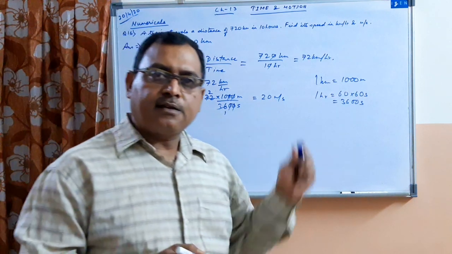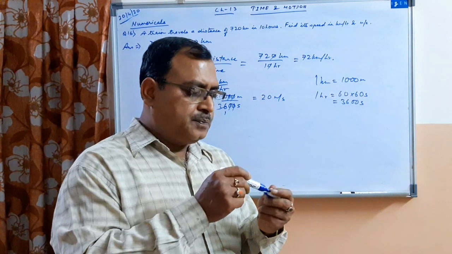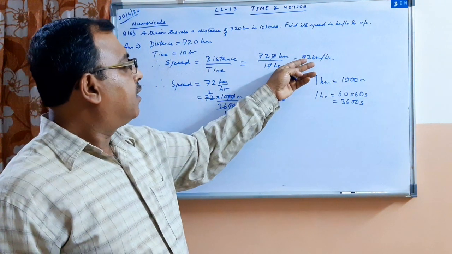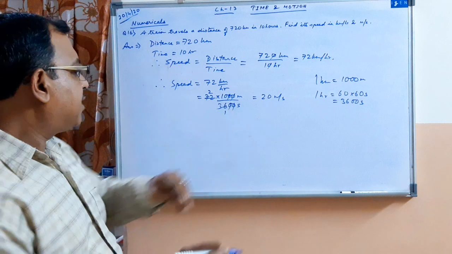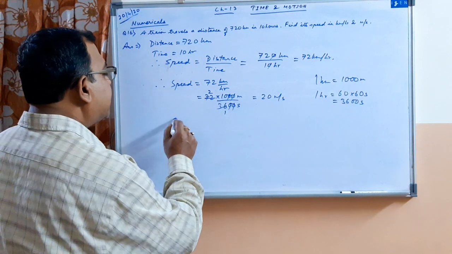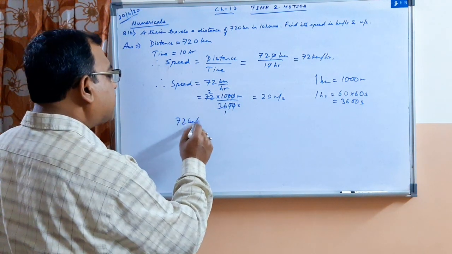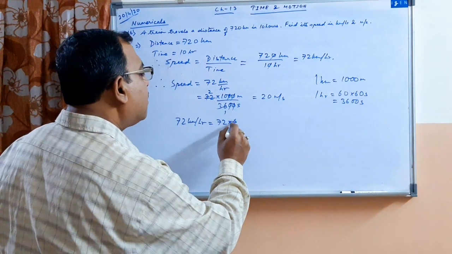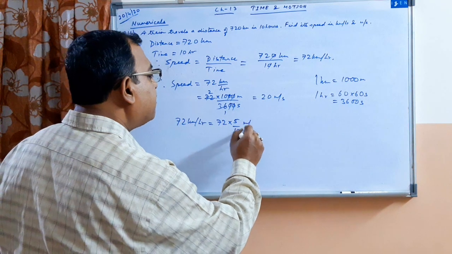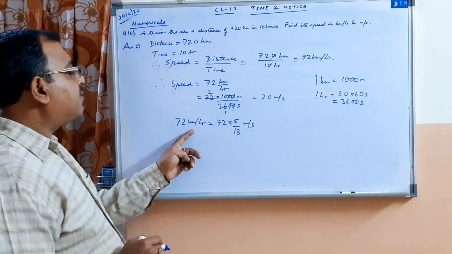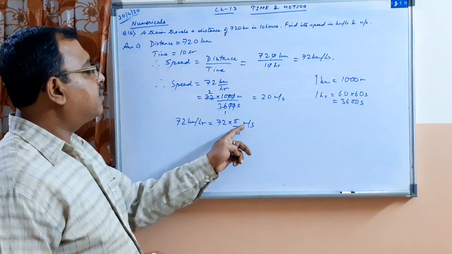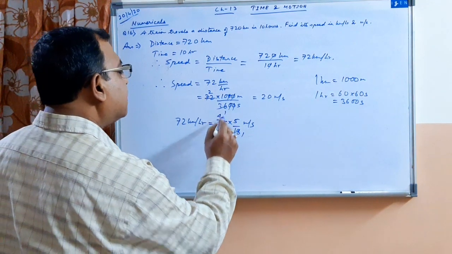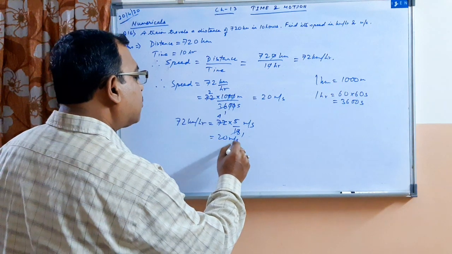Clear? Now here children, I am telling you one easy method. If you want to convert from kilometer per hour to meter per second, you can directly do it in this method. Supposing, as in this case, 72 kilometer per hour, this can be written, in the shortcut method, as 72 into 5 by 18 meter per second. So kilometer per hour is replaced by the fraction 5 by 18 meter per second, right? So directly cancel: 18 ones are 18, 18 fours are 72, that comes to 5 fours are 20 meter per second.